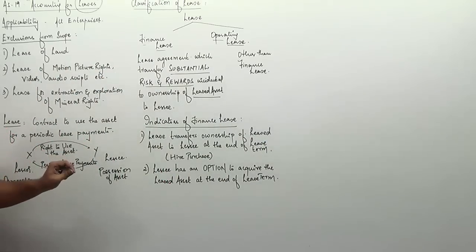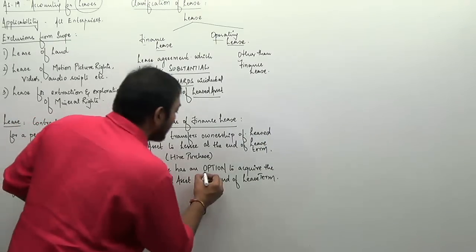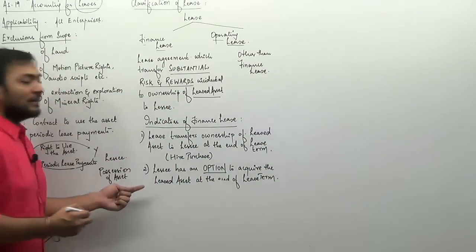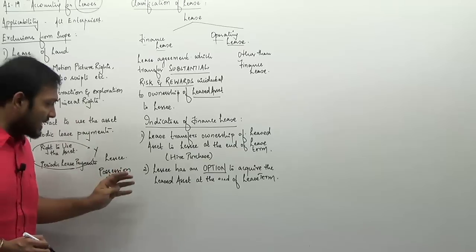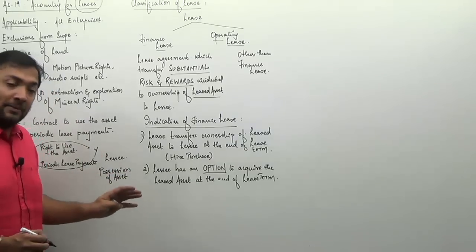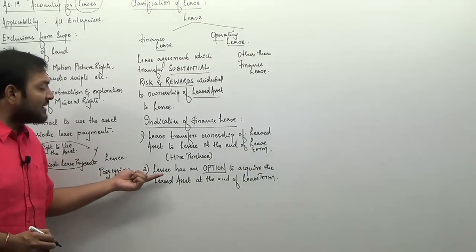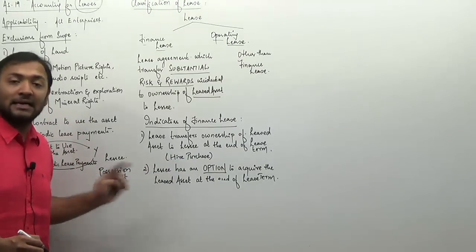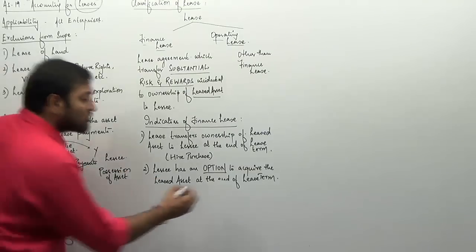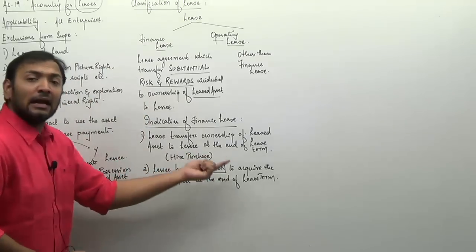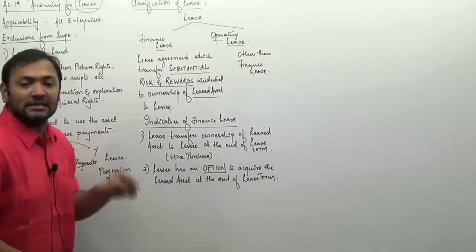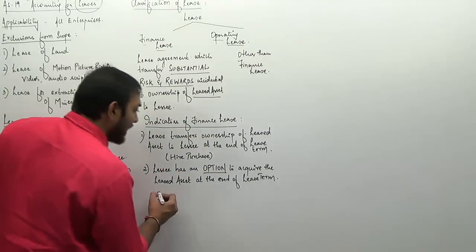That is just the start of the point, guys. Understand this till here. The lease is not directly transferring to the lessee at the end of the lease agreement. He's saying that at the end of the lease agreement, the lease is giving the lessee an option to acquire the leased asset. So at the end of the lease term, the lessee can take the option of buying the leased asset. However, he is saying that additionally,